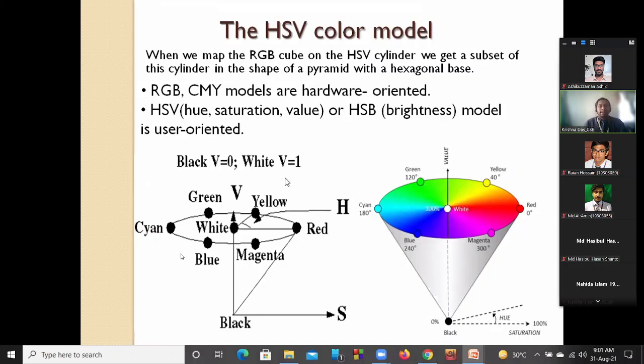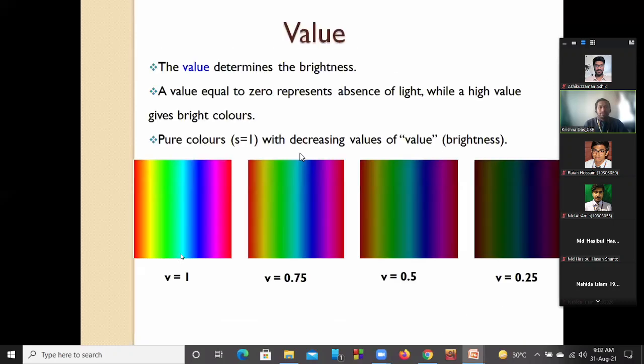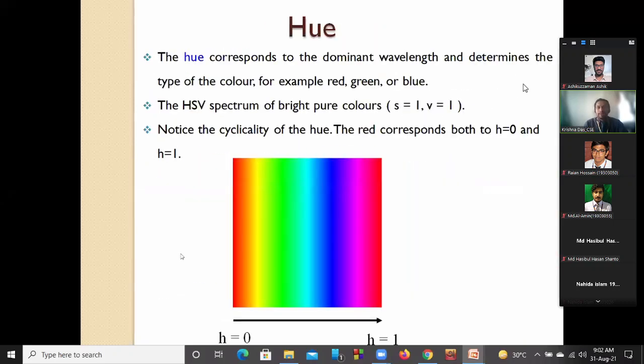Okay, and this considers the three components H, S, V, or hue, saturation, and value, which can be defined with this structure. Now, to understand what hue is, first of all, we use it in our remote control also, where we try to handle hue. So it basically indicates the